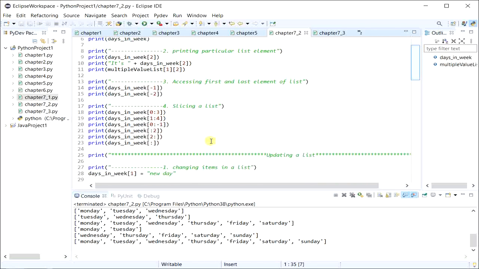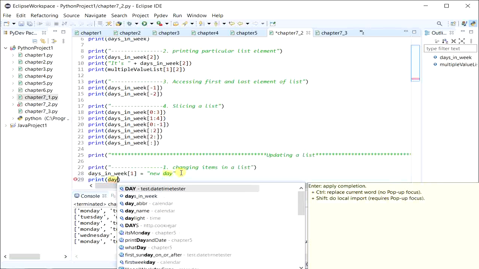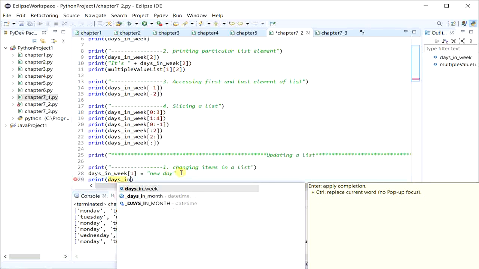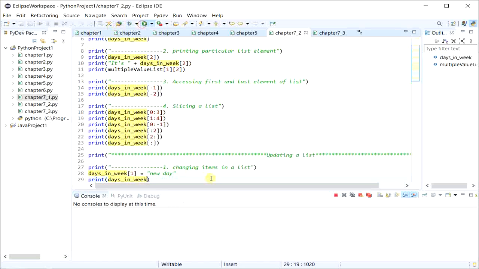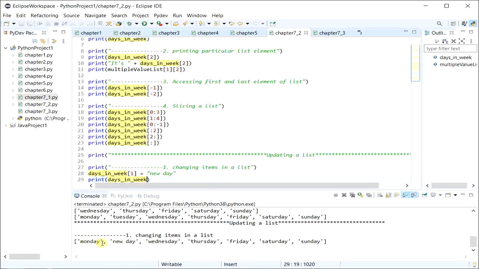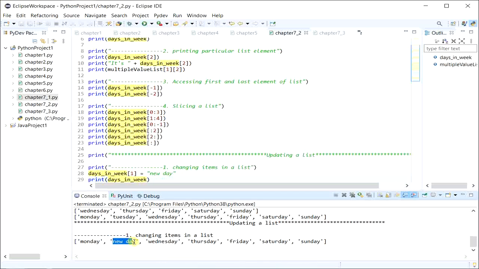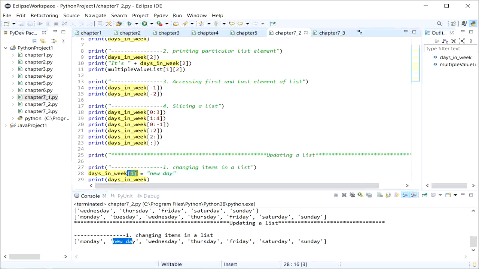So Tuesday will be changed to new day, and we'll just simply print the new updated list. Let's run this. Yep. So Tuesday is being replaced as new day because I updated the item at index 1 with a new value.